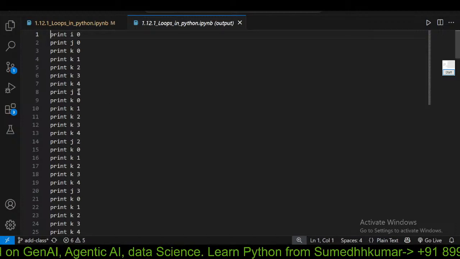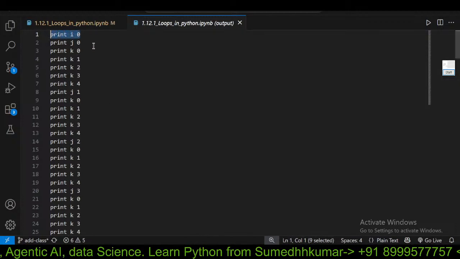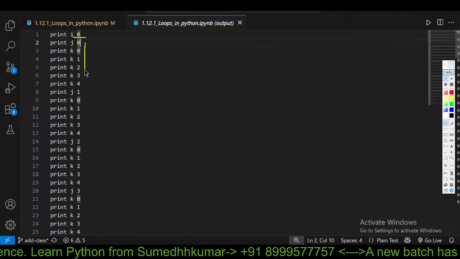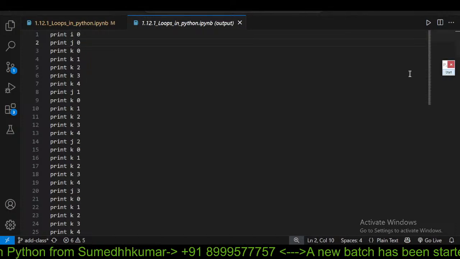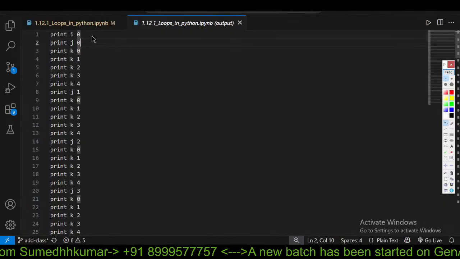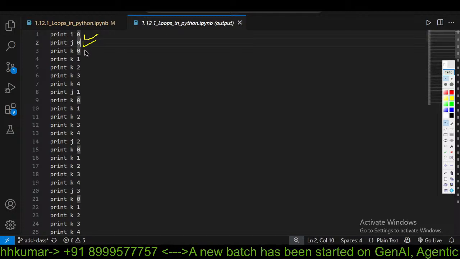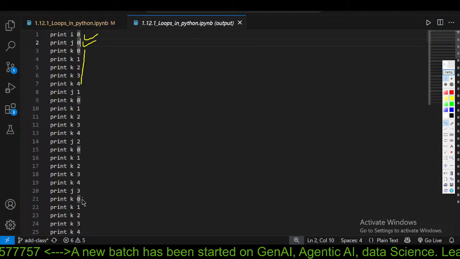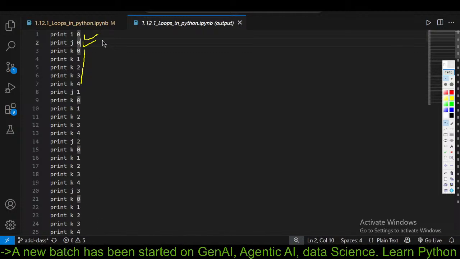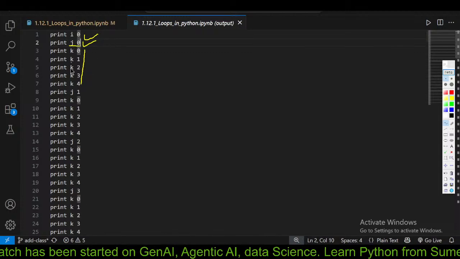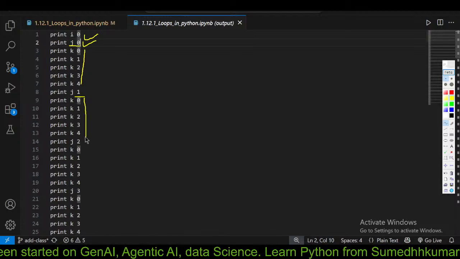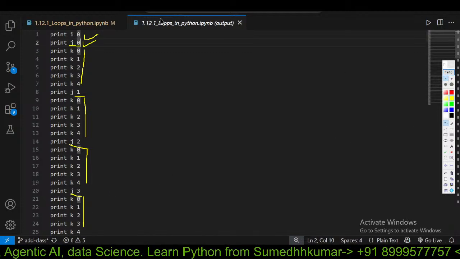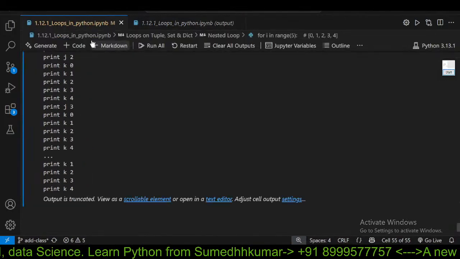यहाँ पर if I open this, you can see when i is zero, j is 1 2 3 4, when i is zero, j is zero, k is 1 2 3 4। i तो बहुत बार बाद में आएगा, जल्दी नहीं आएगा, then j चलेगा mostly। When j is 1, then this 1 2 3 4, then j is 2, this 1 2 3 4, then j is 3, this 1 2 3 4। So this is how the loops work, ठीक है।